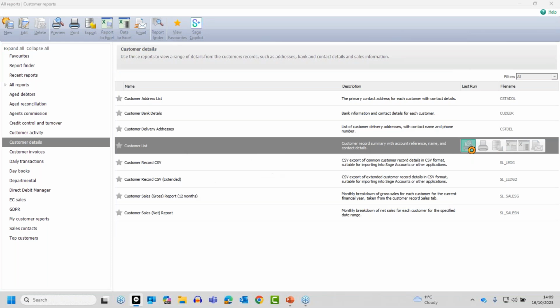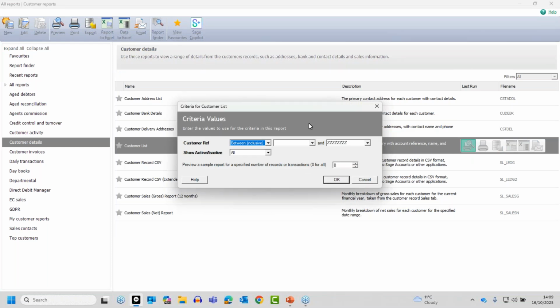Now, when I preview that report, you can see this is the criteria window that pops up. So we can specify a customer range, based on the account references. And there's also an additional criteria. It's fairly a recent one, in recent versions. Still been around for quite some time, but still feels fairly recent if you've been using Sage for quite some time, where you can show active or inactive accounts. So again, from the drop downs, you'll be able to choose what it is you're after, but we're just going to choose all accounts. Now, if we did specify a customer range at this point, it would apply that on top of what we've already